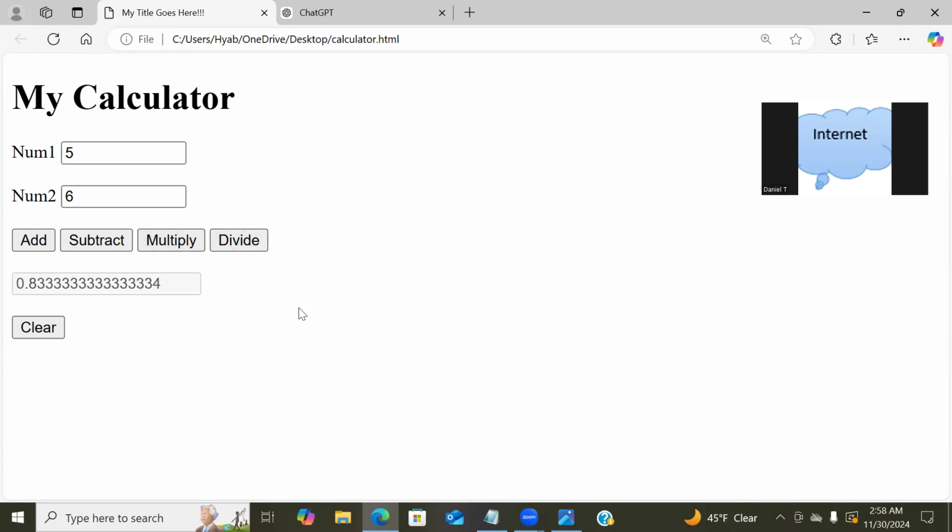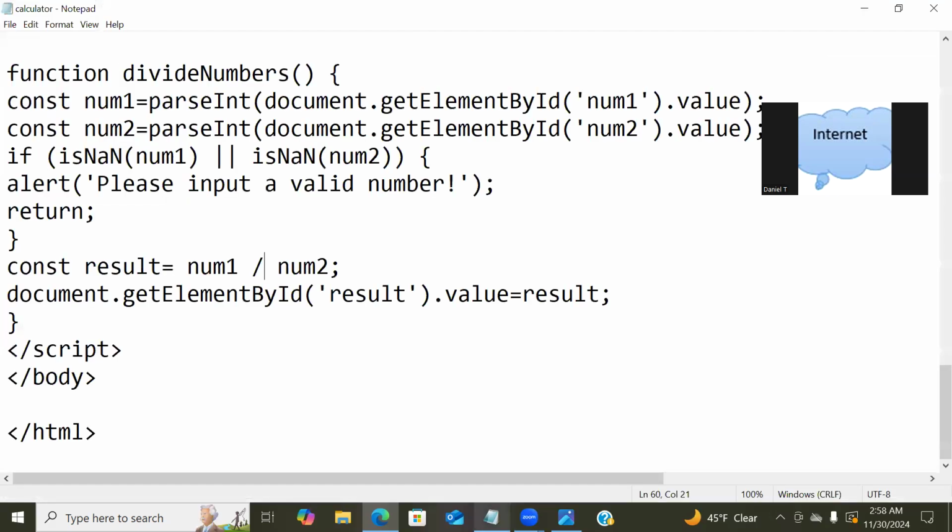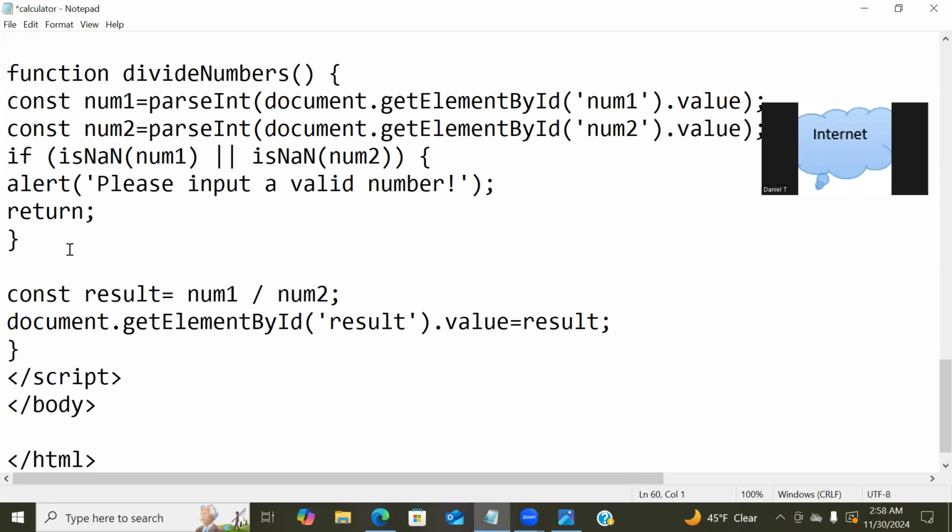But one thing we need to add on the division is, you remember this number 2 should not be 0 in division, because if you divide any number by 0, the value is going to be undefined. So we have to write some code. So here, what we're gonna do is we're gonna go to here. For division, we have to define this if